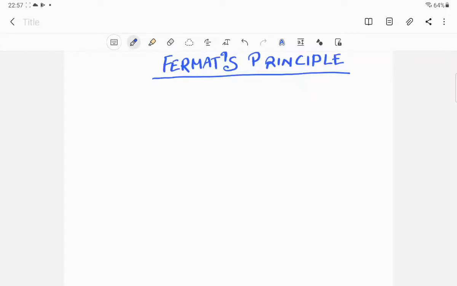Students, today we are going to start our syllabus for the paper optics for BSc second semester. This syllabus is provided by Pondicherry University. The syllabus has already been shared in the Google Classroom. So we will start with unit 1. The first topic that we are going to discuss is Fermat's principle.